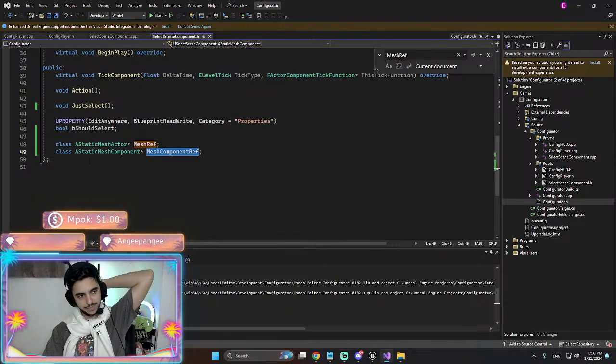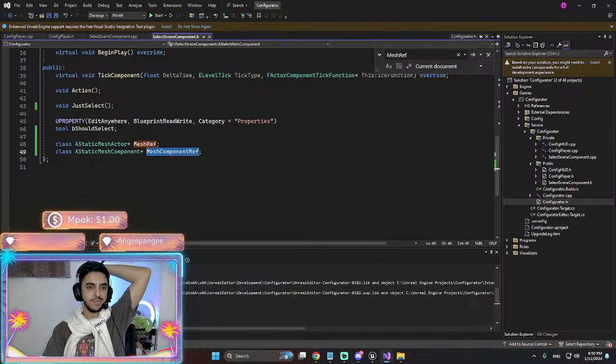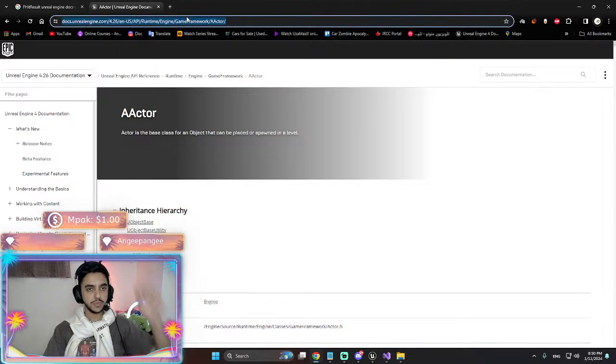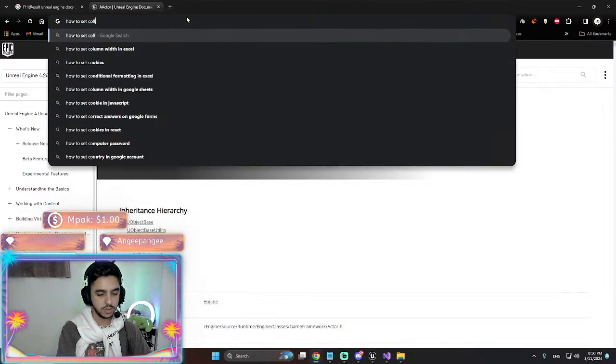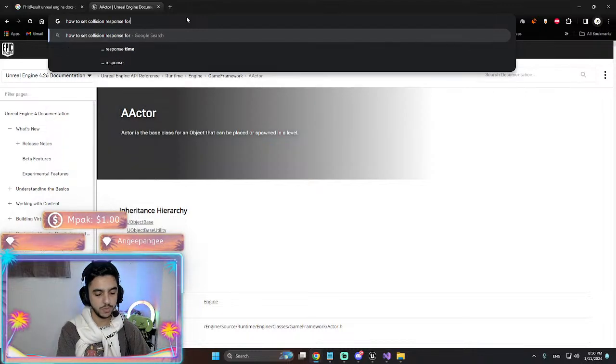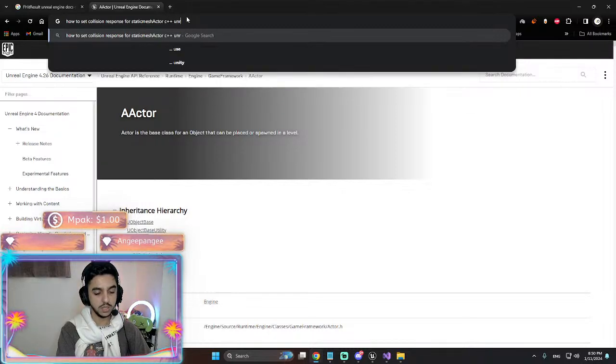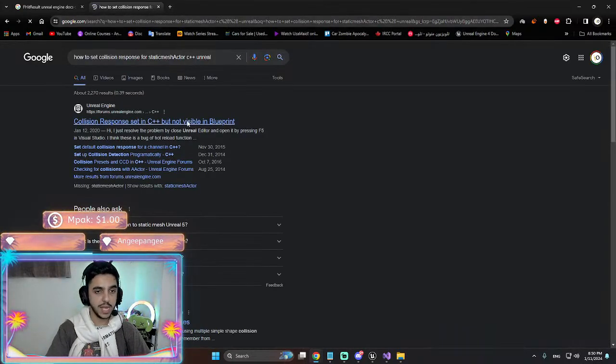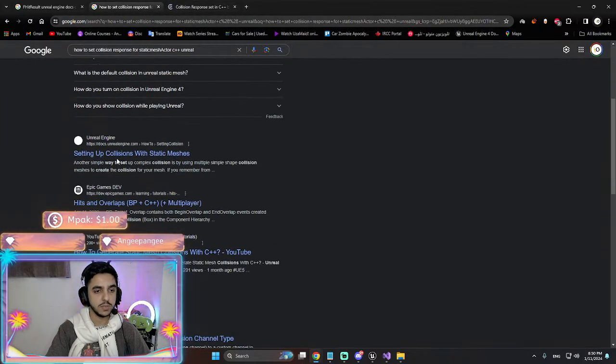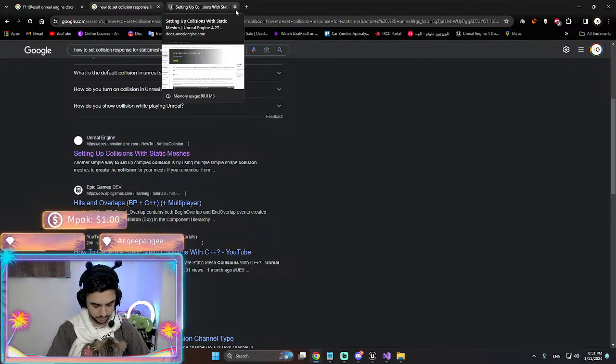This is hard, right? Isn't it? How to set collision response for static mesh actor C++ Unreal. If there is a better way, I want to do that. No, not that one. That's my cat.